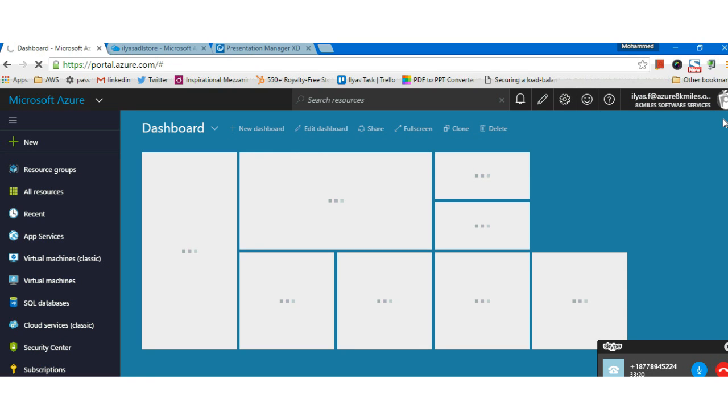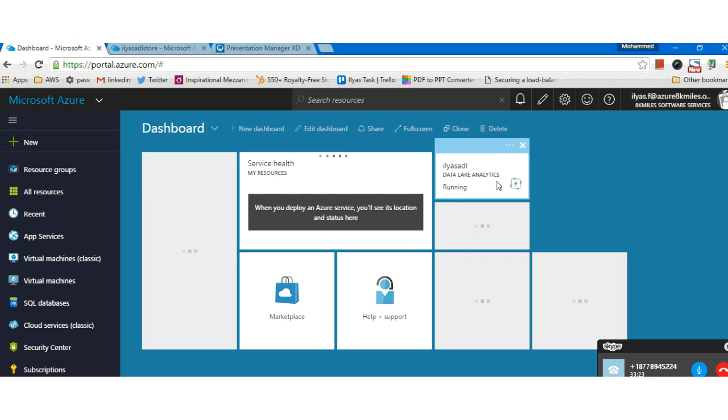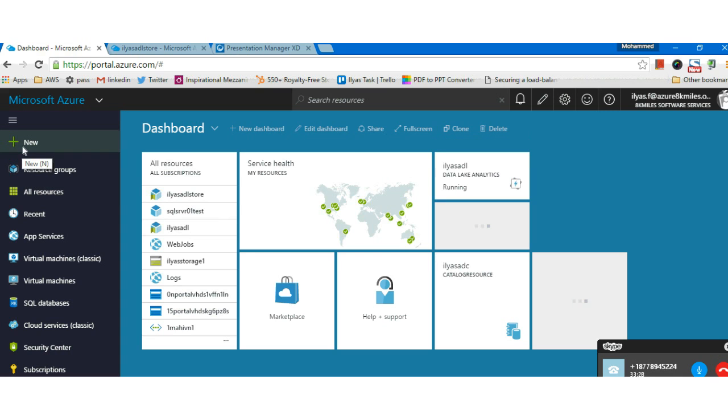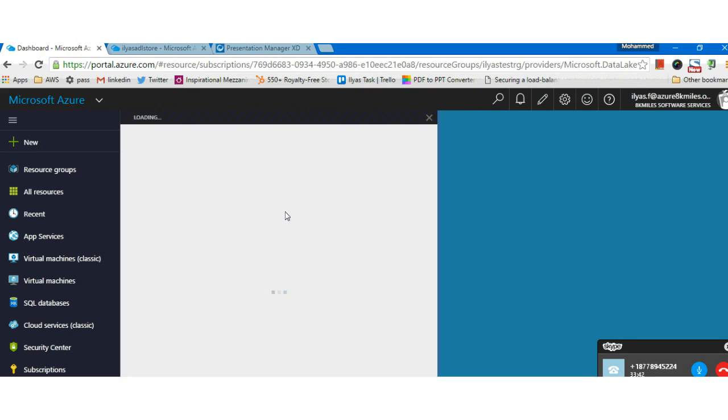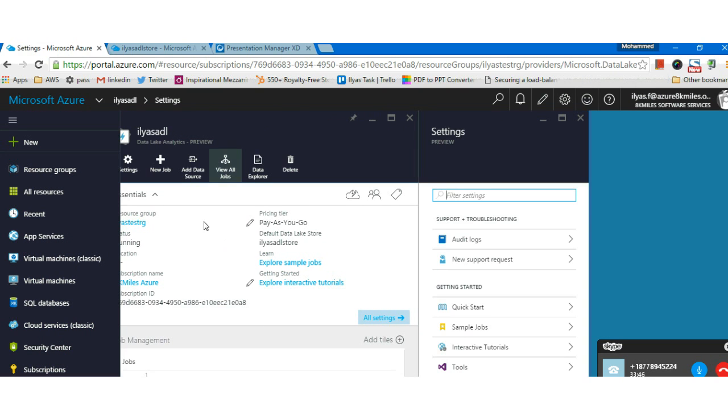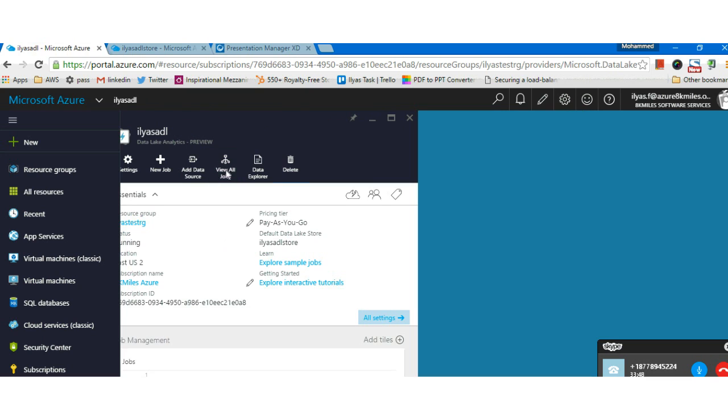Okay. So this is the query that we just, not this one, I'm sorry. All right, so this is my data lake analytics account. If you're interested, go to new and then click on analytics and you can find data lake analytics account. But like I said, it is currently in preview and you have to raise a request to the Microsoft team for you to create an Azure ADL account, right? So I'm going to click on the account that I've already created.